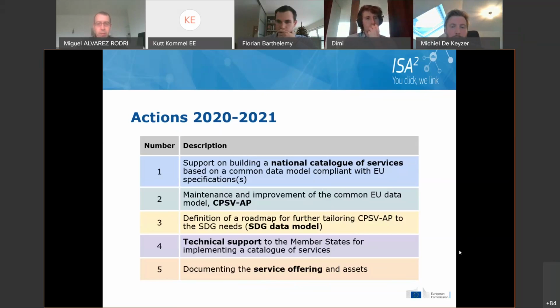And then the fifth one is about making sure that what we are offering as a service and the products that come out of the action, like the model, but also the pilots, the studies, the guidelines that we're creating, become as discoverable and as understandable as possible. There's information available about all those things in an understandable way, so you can find it, can learn, can see what you can expect from us, what you can contact us as an action for, and what you can actually expect from the support that we deliver. So this is in a nutshell